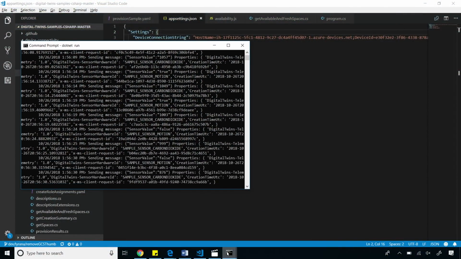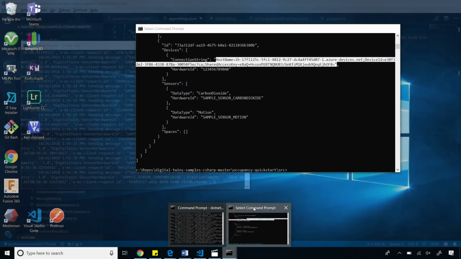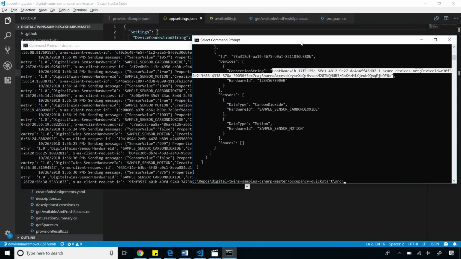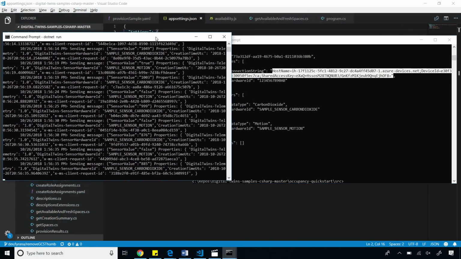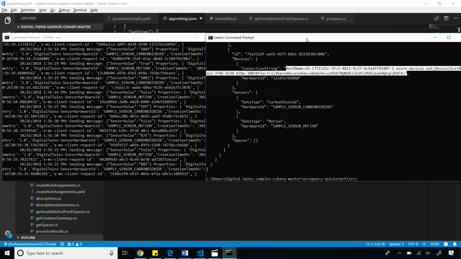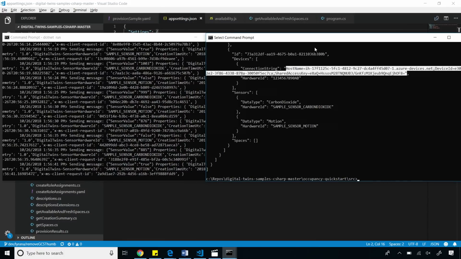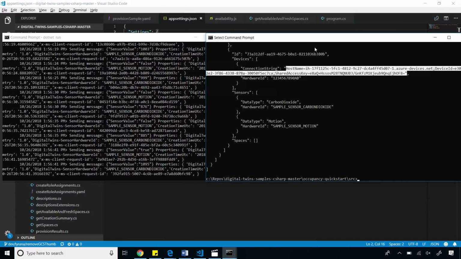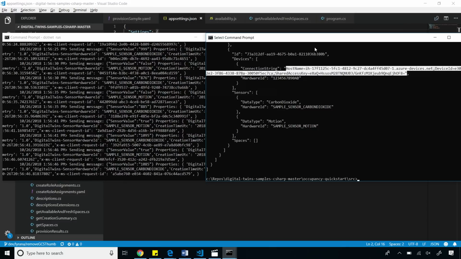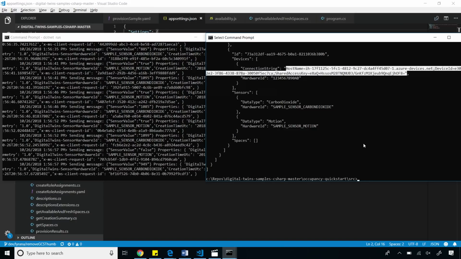So now if we go back over to the occupancy sample, to show a full flow, we have a function called get available and fresh spaces. So we don't just want available spaces, we also want them to be fresh. So we set a certain threshold for carbon dioxide, and we want it to be below that threshold for us to consider it fresh. Okay, I like the definition of fresh. So here if we run that,